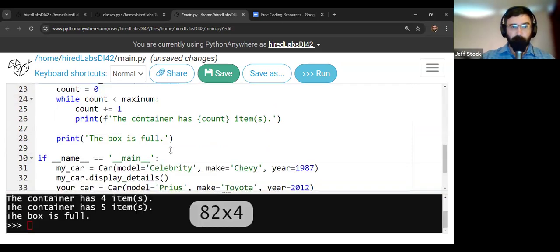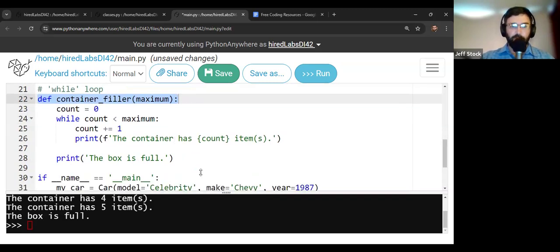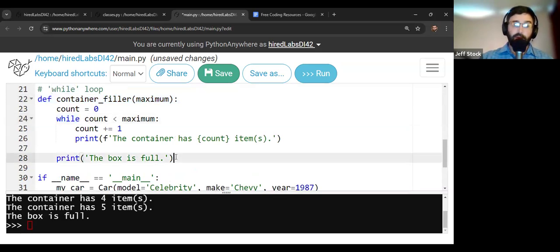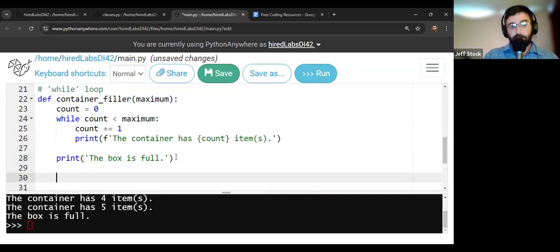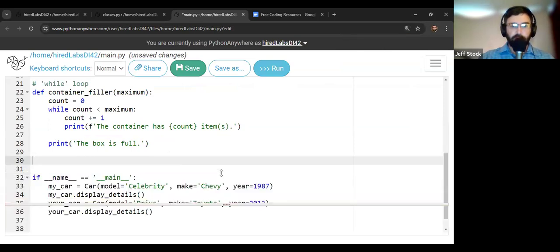Again, first of all, to clarify, you guys can see my screen, back on Python Anywhere, right? I want to make sure before I start talking about things on my screen. Okay, cool. So we're going to refactor this container filler function to be a recursive function and not use this while loop. We'll rewrite it using recursion, and we'll see that it's just the function referring back to itself. Hopefully this will make it a little clearer what is happening here. So let me make this a little bit smaller.